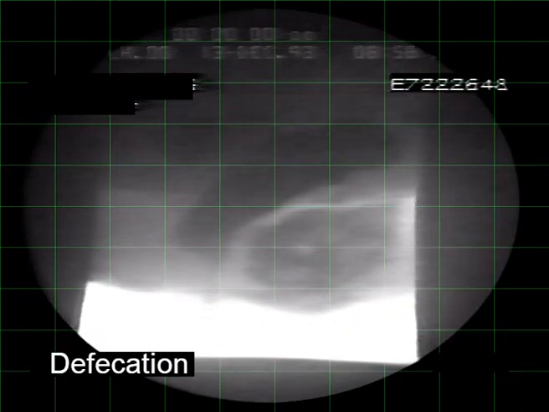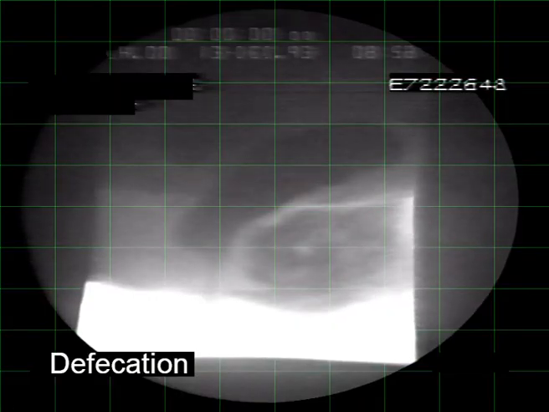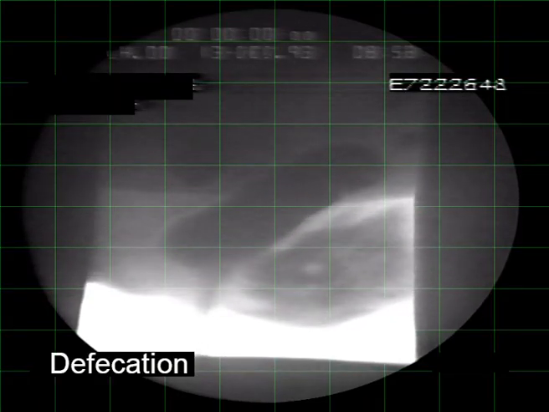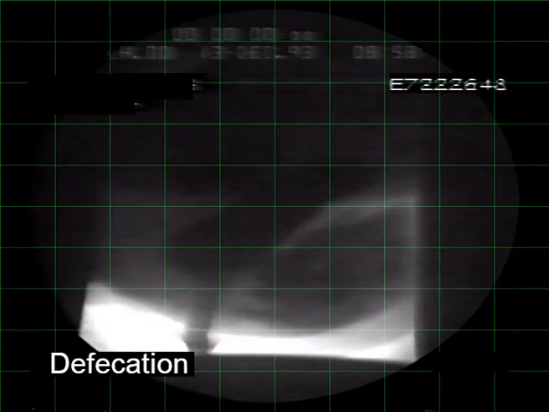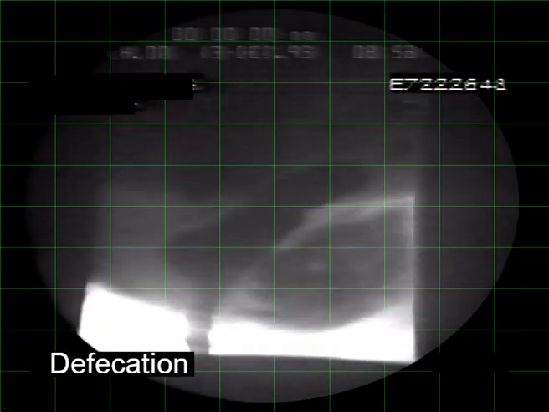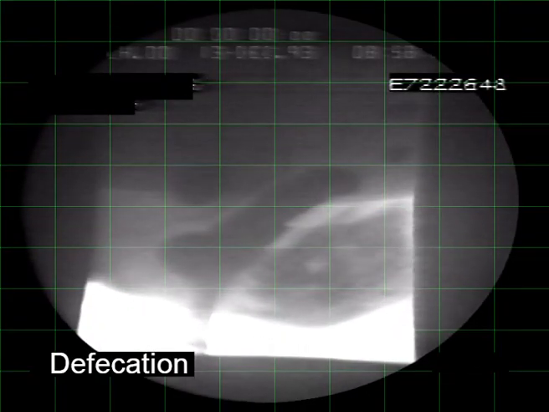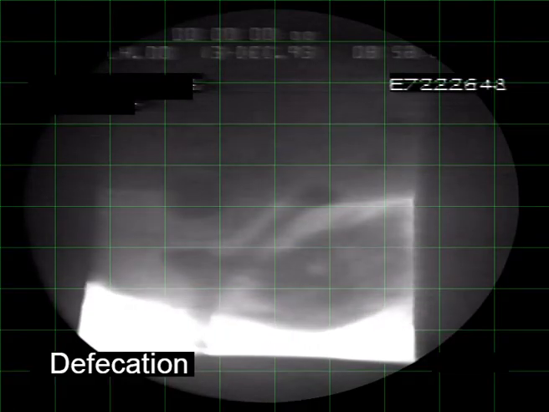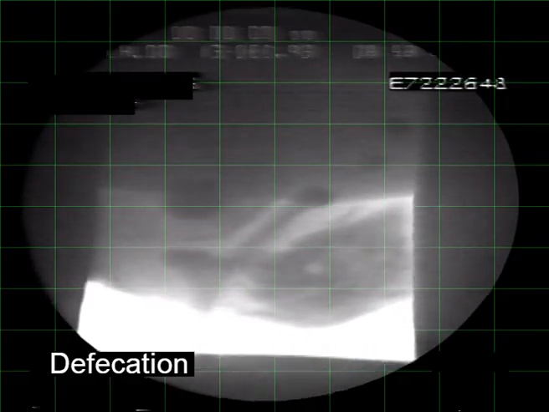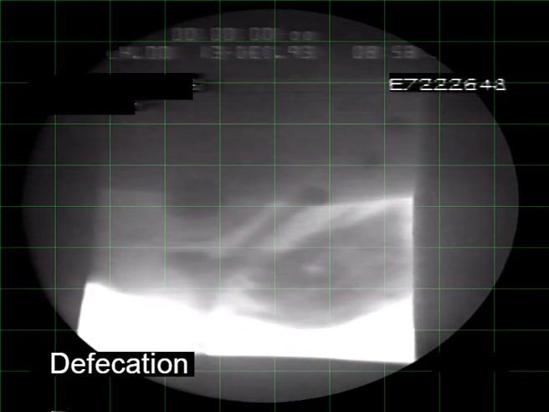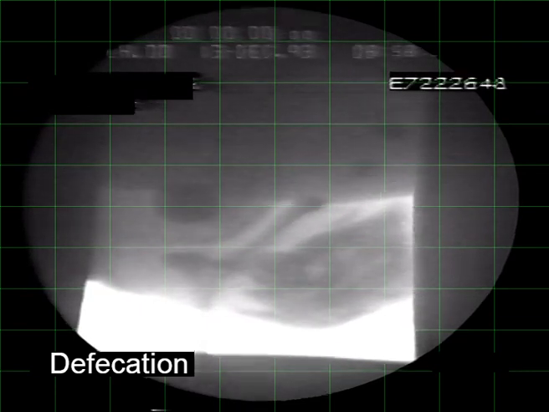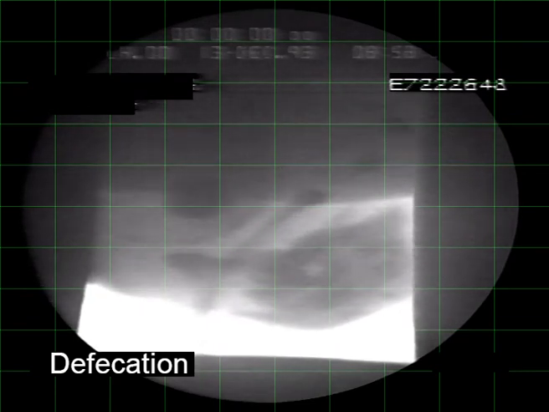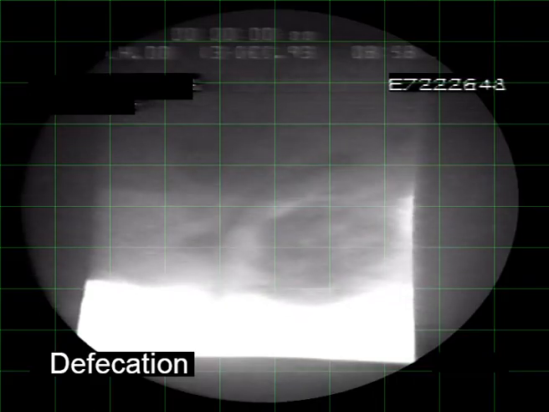In defecation, the muscle movements are similar to what is seen in straining. That is, the anterior border of the levator plate is pulled down. But in this case, you will see that there is an opening out of the anorectal angle due to relaxation of the puborectalis. Also notice how the anterior surface of the anus is pulled forwards to open out the lower